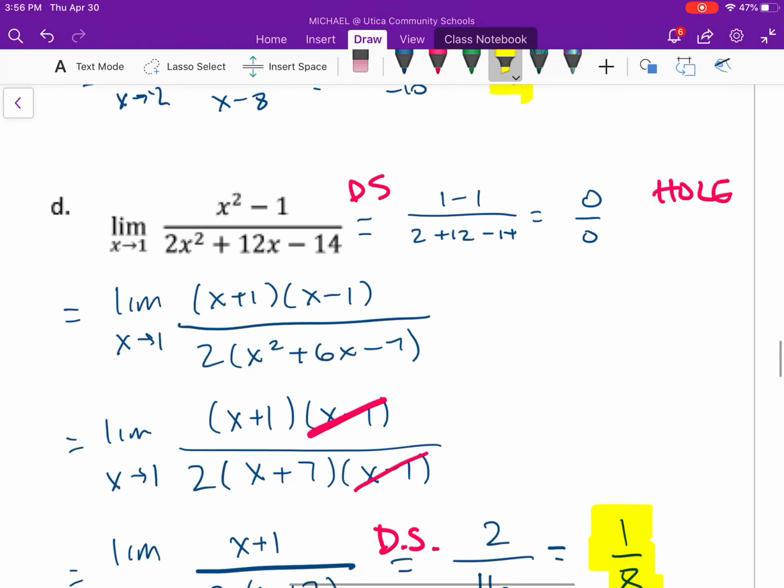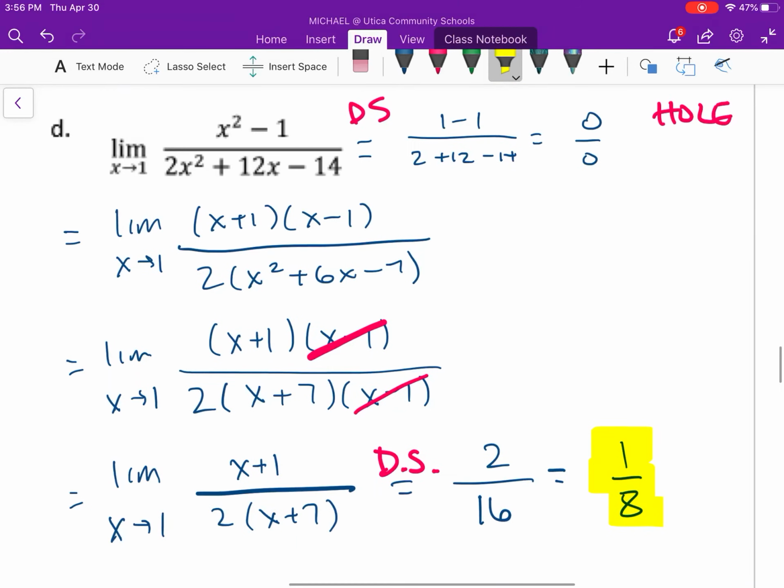In example D, similar idea, plug in a 1, I end up with 0 divided by 0, so there's a hole there. Plug in factor, I can cancel out the x minus 1s, and then when I try direct substitution again, I get 1